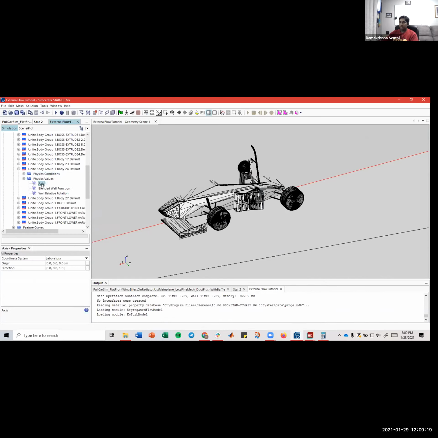Under the physics values, we can select the specific axis that we want. So we don't want the wheel to rotate about the laboratory axis. We want it to rotate about the front wheel axis that we set up. And then we want it to rotate in the negative z direction. And then let's specify what that